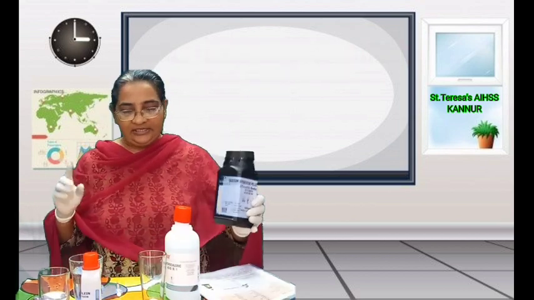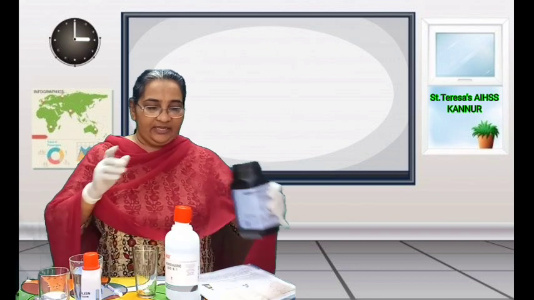So this is an alkali, this is an acid. First we are going to make the solution of sodium hydroxide. For 1000 milliliters of water, we have to take 4 grams of sodium hydroxide. Because I cannot measure that, I am just taking 1 pellet of sodium hydroxide here, putting it into a tumbler, and we have to take only 20 ml of